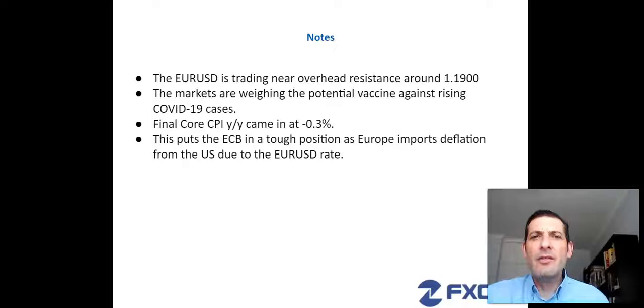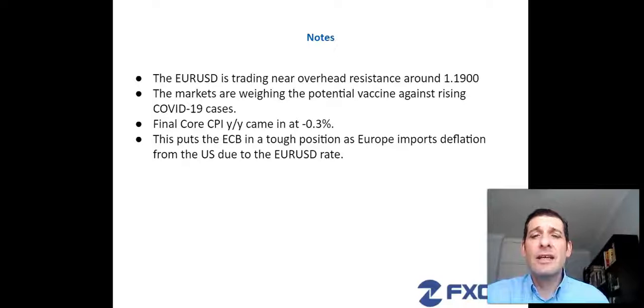Now, the Euro US dollar is trading near overhead resistance around the 119 level. The markets are weighing the potential vaccine against rising COVID-19 cases. We do note that final core CPI year on year came in at a negative 0.3%. And this puts the ECB in a tough position because Europe is importing deflation from the US due to the